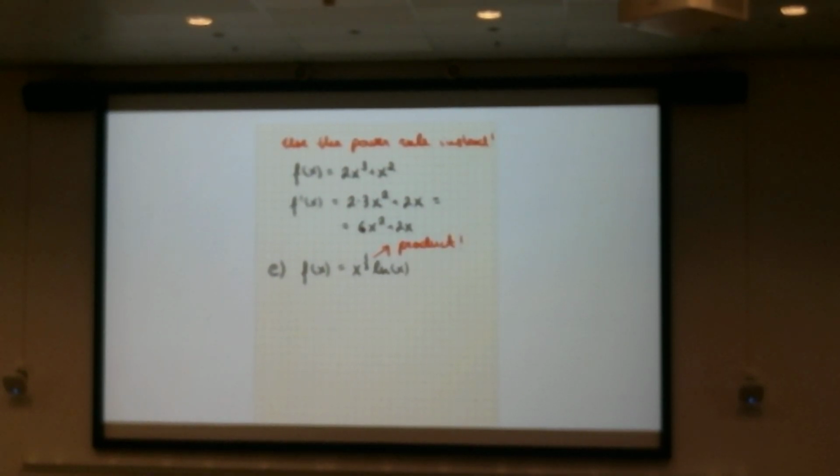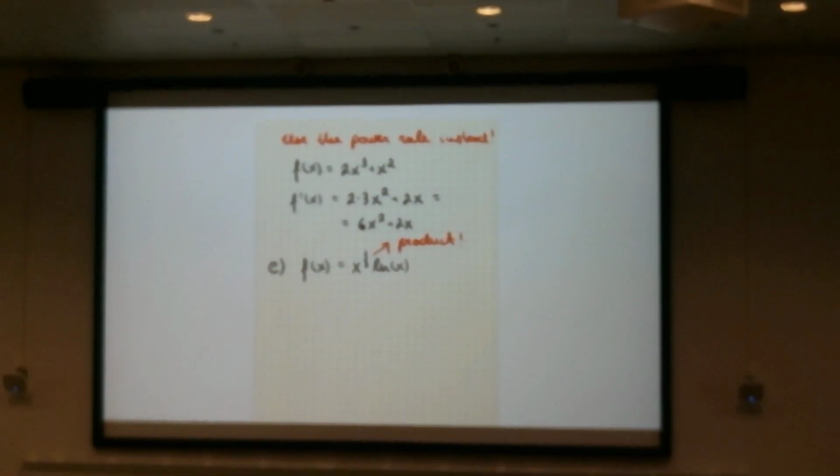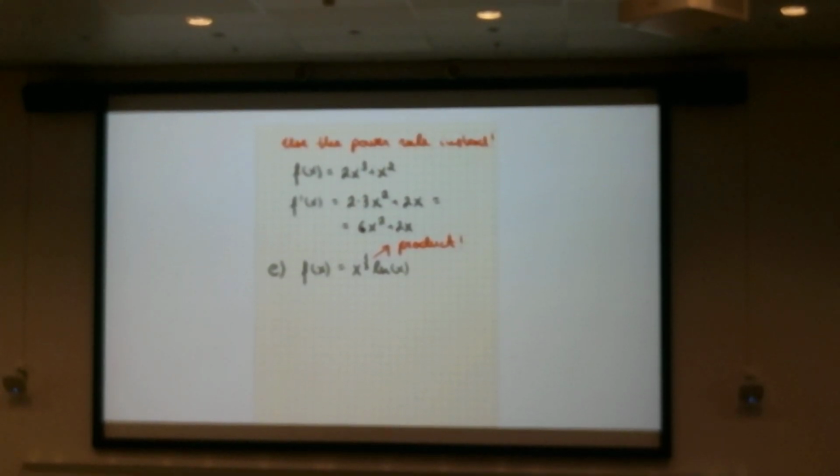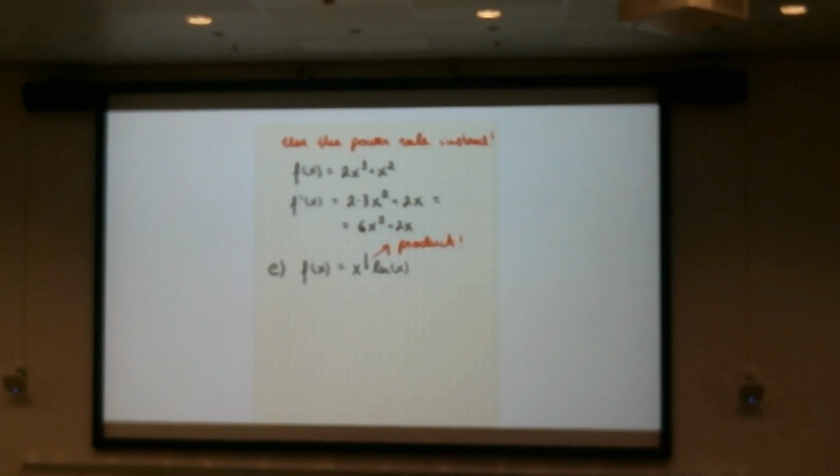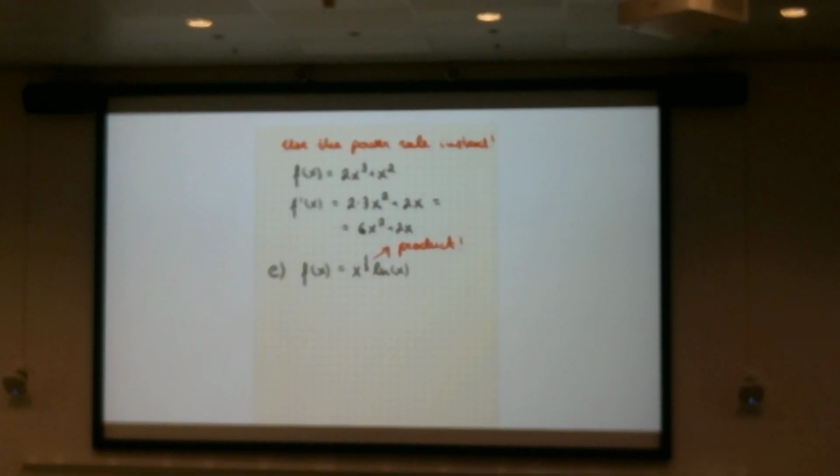So very important, it's a product. And again, there is not really any good way to simplify it, because it's not that we have everything in terms of x, in terms of a clean polynomial. We cannot merge any powers, so the best we can do is just use the product